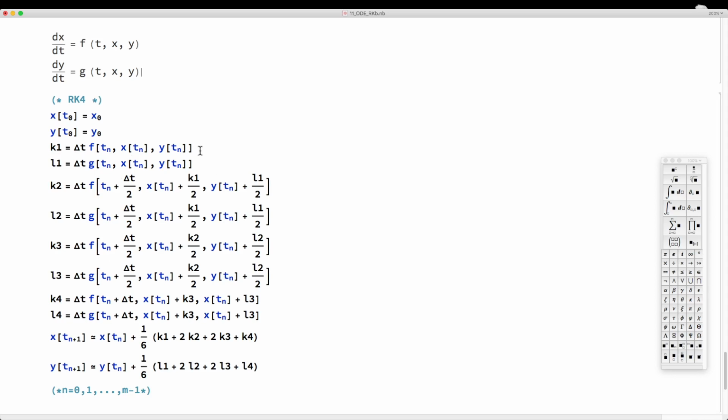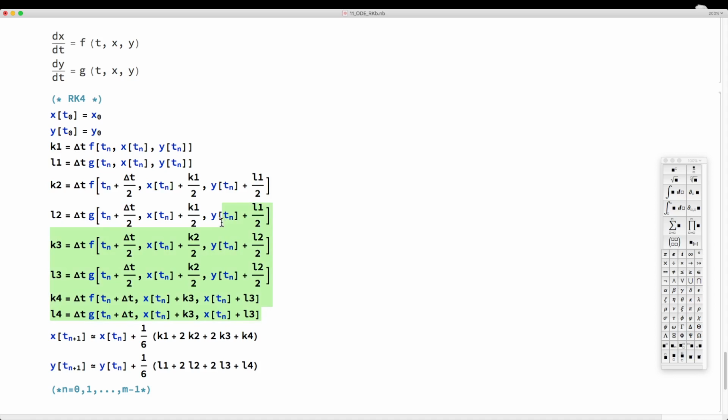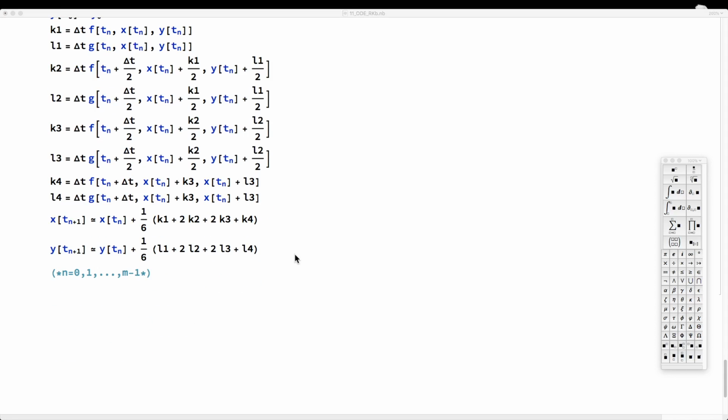Okay, so let's try and code up this scheme for the harmonic oscillator. It looks a bit messy, but it's very straightforward, and we will see simpler ways to code this up in the future. But for now, let's just code this up explicitly for the harmonic oscillator. So let's start